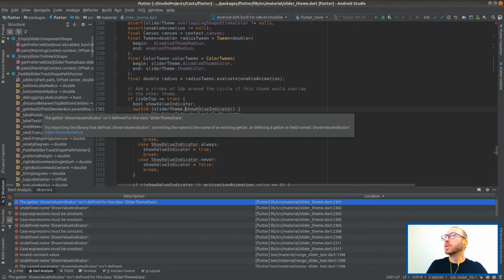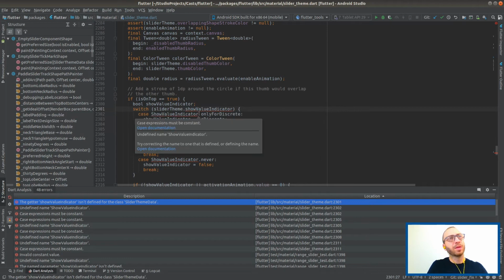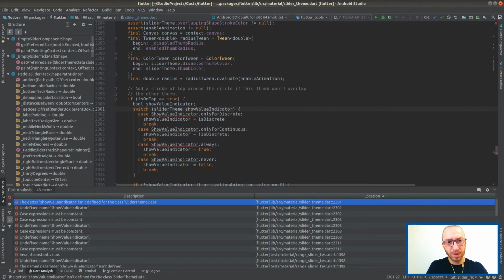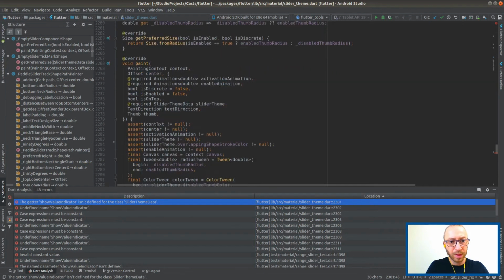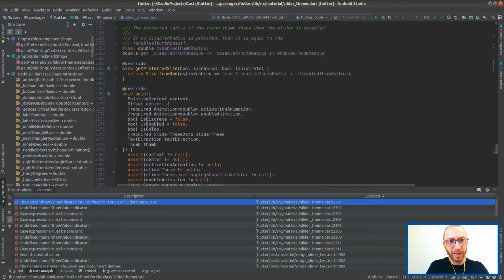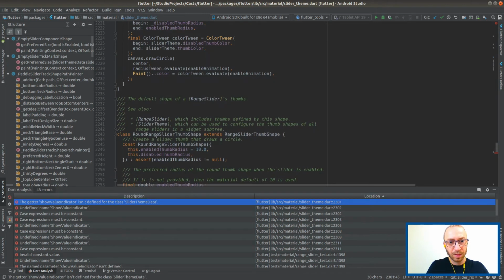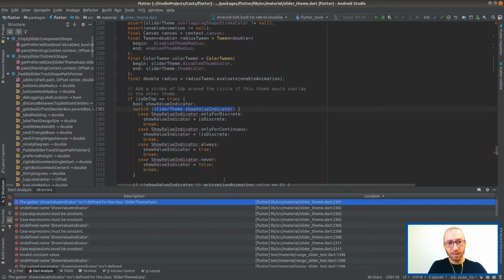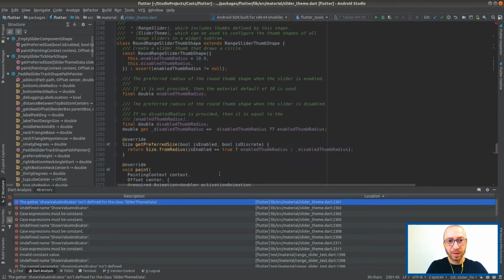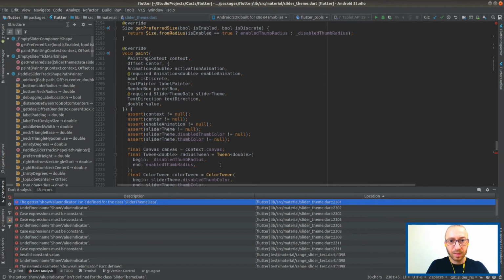I think there was a boolean method, something along those lines. Why is it slider theme? Am I in the theme? No, I'm in paint of the shape. That's weird. It's a bit annoying.